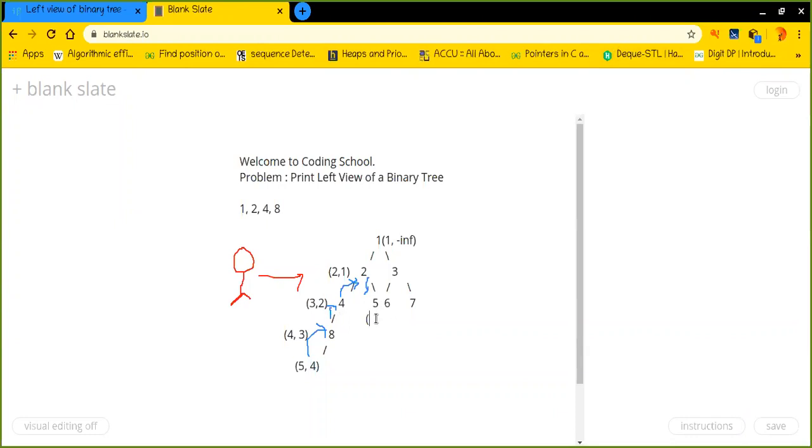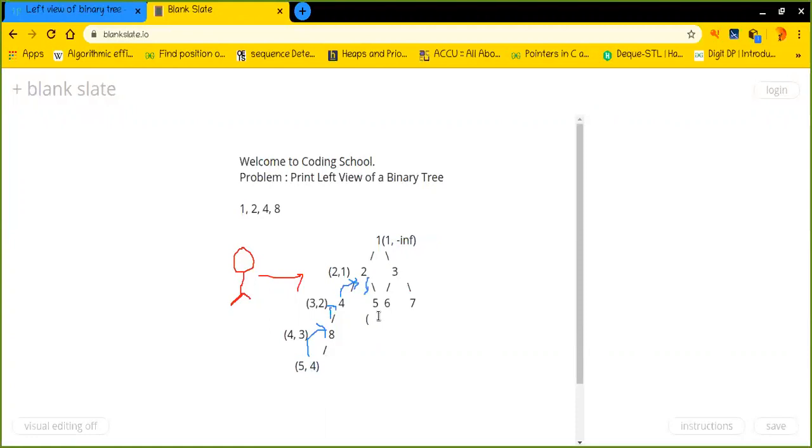hidden by the front element, like the 5, it is already hidden by 4. That is why we should not meet this particular condition to print this element. Okay, so here this particular thing will remain the same. And as we did not come down to print this particular value, it did not get updated. It was not updated since we did not print any value in this particular node, so it will just remain as it is.